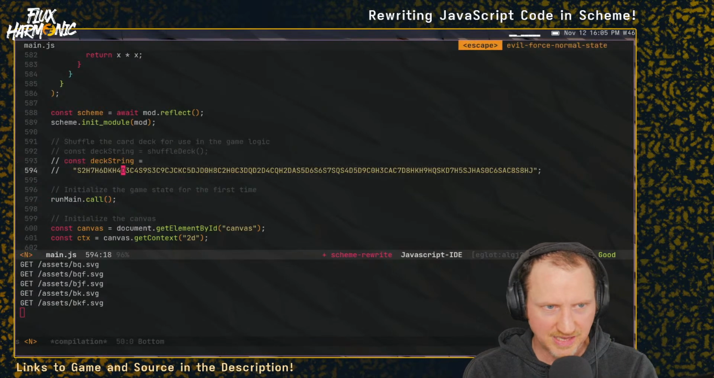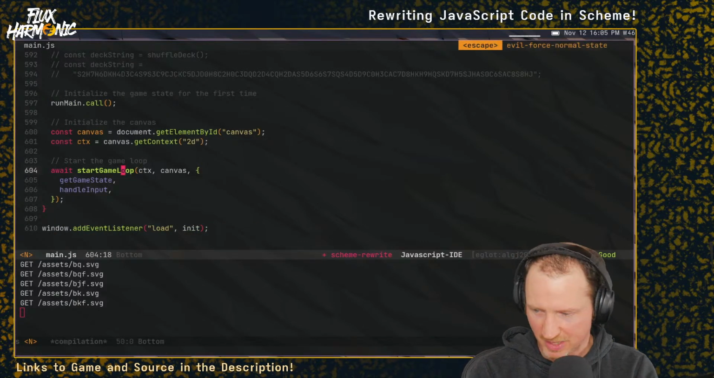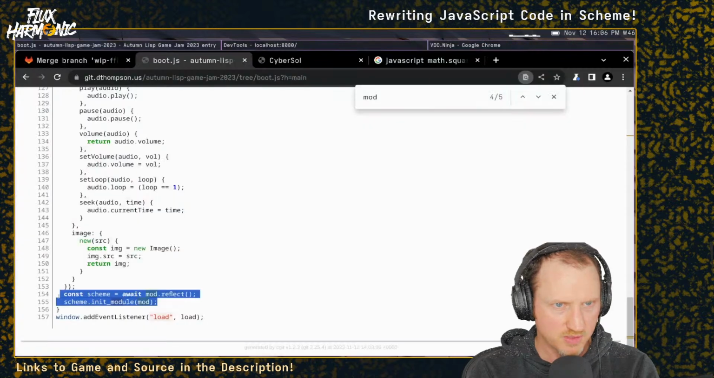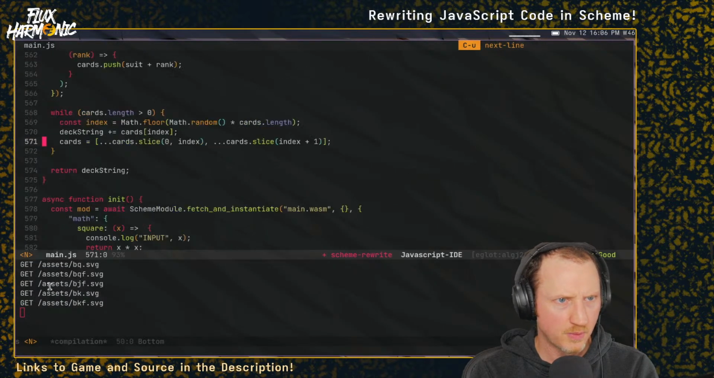That was a little bug that I left in the submission. The shuffle deck is hard coded, which is a lot of fun. So you play the same game every single time. All right, we don't need start game loop anymore. Canvas, I think we could probably pass that through as well. So if I were to say